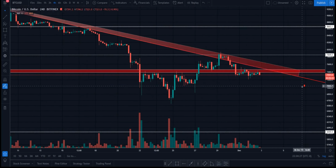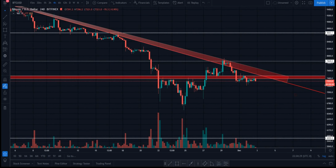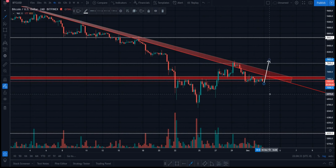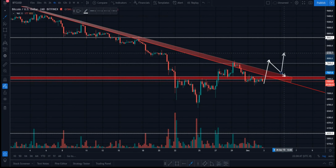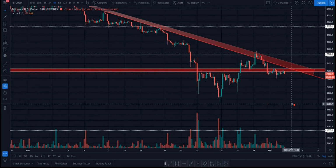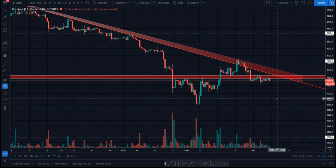Now for longs, I'm not even thinking about longing anytime soon. The only time I'm going to long is if we see a break to the upside. If we see a break to the upside, I might enter some around here, but ideally, because we've been entering such a descending zone and descending momentum, I'd like to see it validate as a new support before making our next impulse move to the upside. Lots of long ways away. I'm not really looking for any longs, like I said before, so let's just focus on what we're focusing on,